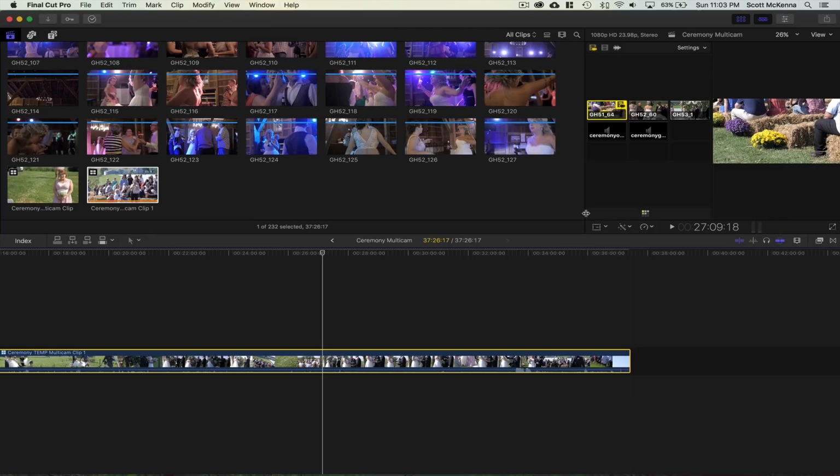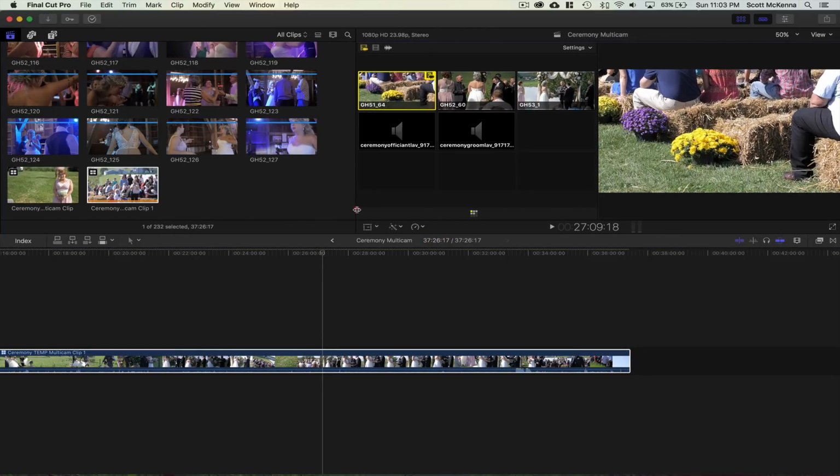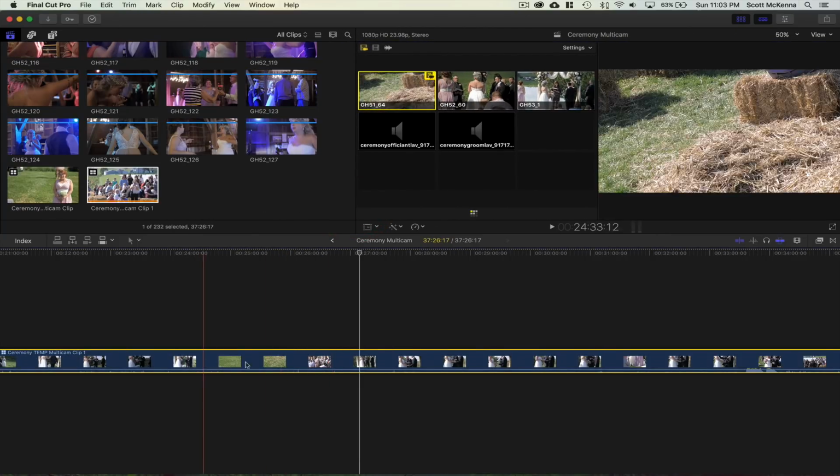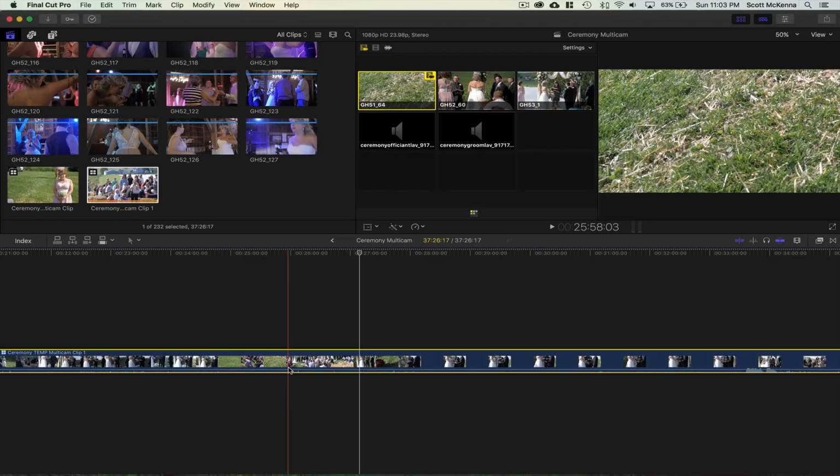Choose your camera angles between 1, 2, 3, 4, all your camera angles. You can always slide between the edits to change things. So when I go through a multicam for the first time, it's really just a rough cut. I'm doing the best I can of choosing the right angles, and then I can go through it again and tweak little differences here and there that will help make the edit even better. But it's such a convenient way to edit, and I think that if you start to use multicam, you will absolutely love it. Don't get intimidated by it.